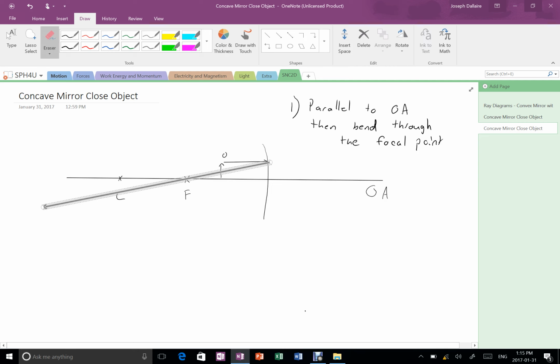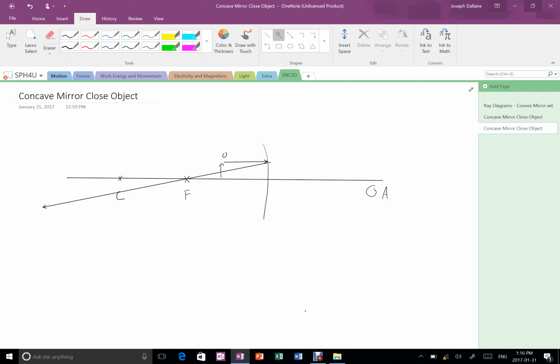Now the next ray is a little strange. Usually we have a ray that's coming in through the focal point and it bends parallel. But here the focal point is behind the object. So we can't have a ray going through the focal point if it's going to head towards the mirror. That's okay, this isn't a big deal. What this really means in this situation, so again, this is ray number 2, through focal point,